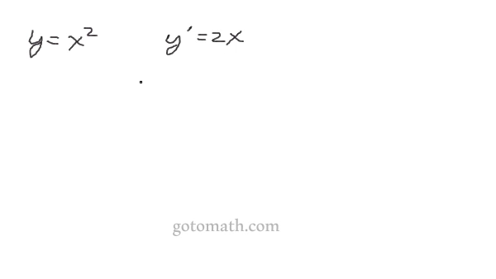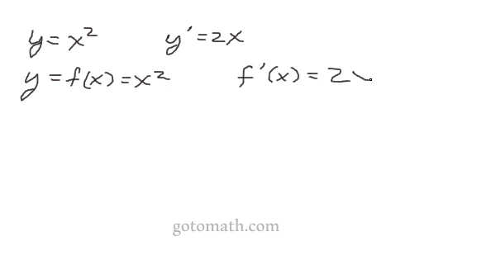2x. And sometimes you'll see them convert this over like f prime of x is equal to 2x. Maybe I should just write it like that. Remember that y is equal to f of x, which is equal to x squared, and then f prime of x is equal to 2x. Right, so we're taking the derivative. Remember, this is going to be the slope of that tangent line,